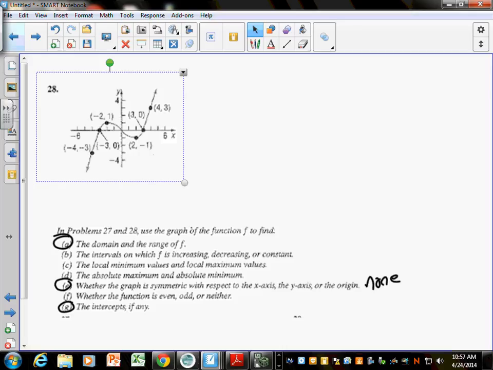For G, the intercepts, I had x intercepts negative 3 and 3. But also at 0. Like they don't have a dot there, but it also crosses at 0 there, right? So you would have to include that. And that's it for intercept. Well, there's also y-intercepts. So y-intercept would also be 0 because it crosses there. But intercepts means x and y-intercepts. Okay? I wanted to look through the unit test, but we've taken up the entire